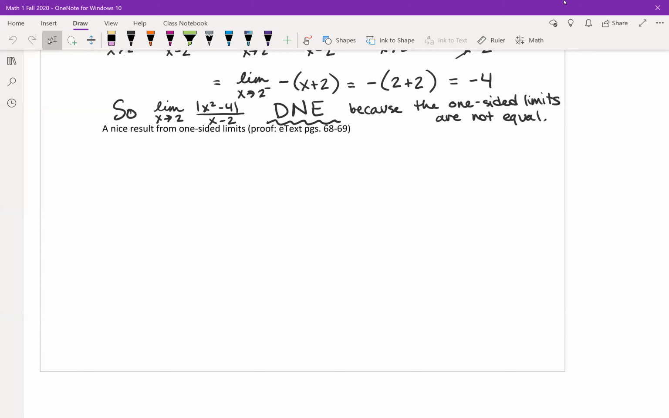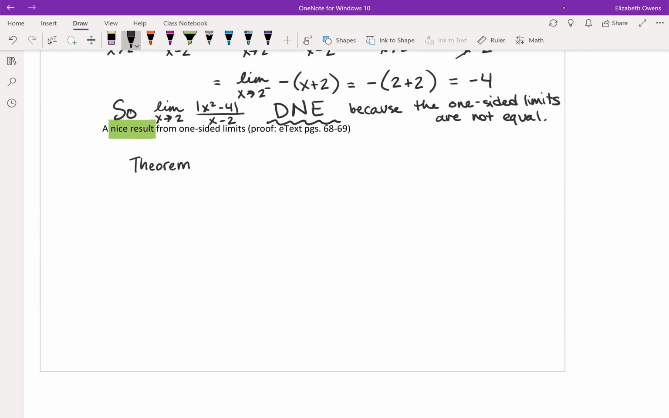Hey everybody, this is the last video in section 2.4, and we're going to wrap things up here with what I've simply called a nice result from one-sided limits. And I wanted to throw this in because it comes up in some other classes you might take, so just so that you know where this property comes from. So this is a theorem